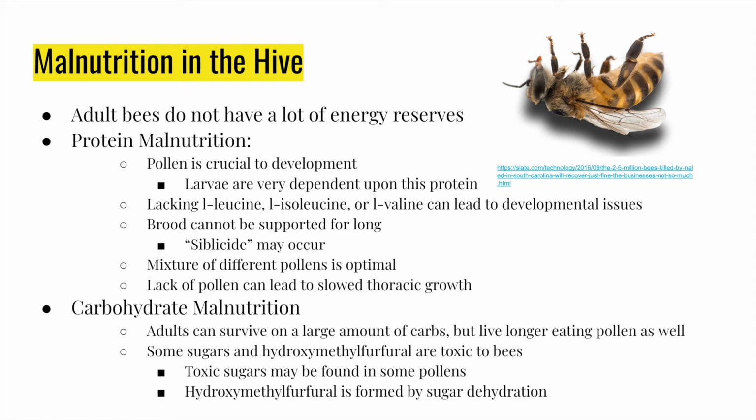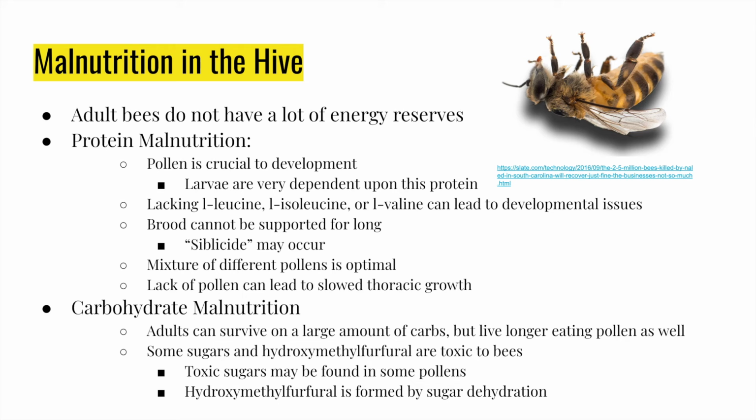The larvae are really dependent on this protein for growth, so lacking things like L-isoleucine, L-leucine, or L-valine, which are integral amino acids, can lead to developmental issues. Brood cannot be supported long in hives that don't have enough protein. So hives with brood tend to lose more weight during times like winter months when there's not as much protein readily available. During these times, siblicide may occur, which is when adult bees will eat the brood for protein